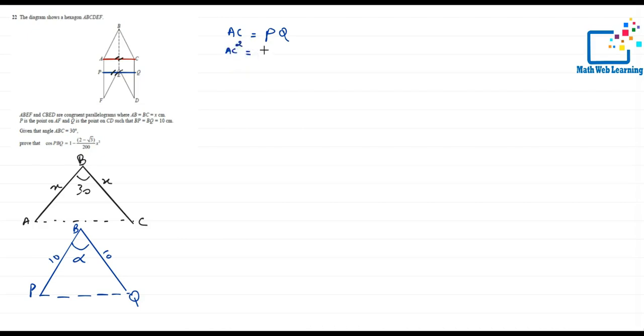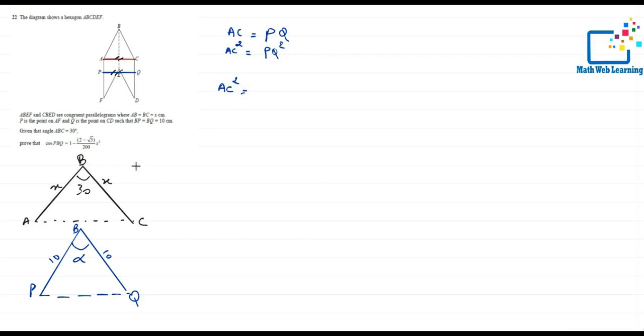This AC squared is also equal to PQ squared, because I need to use the trigonometry with no right angles. So we call it the cosine rule. So I need to use the formula. So basically for A to C, it's better to look at it on this diagram. A to C squared,